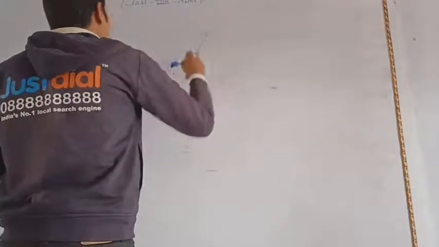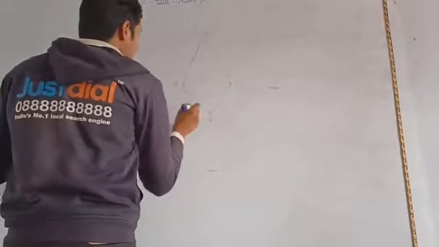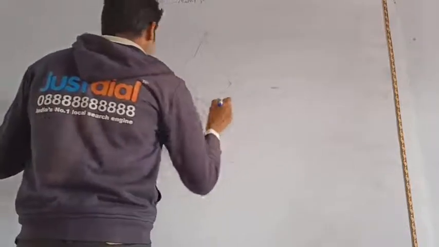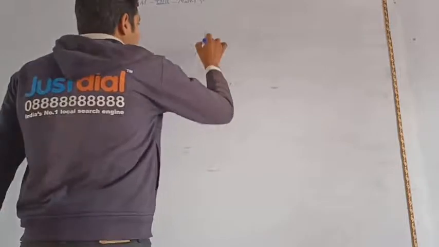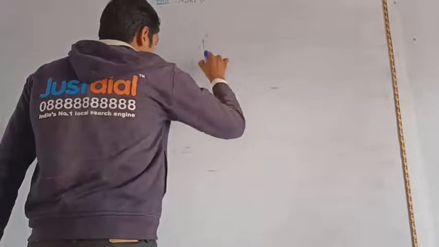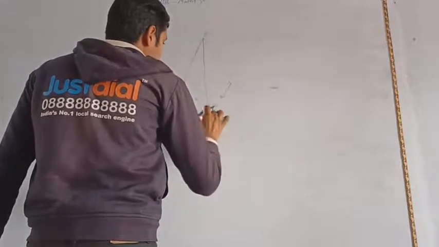That means side BC is equal to side AB, and here also given that side AD is equal to side CD. So first of all, you have to draw a line AD,